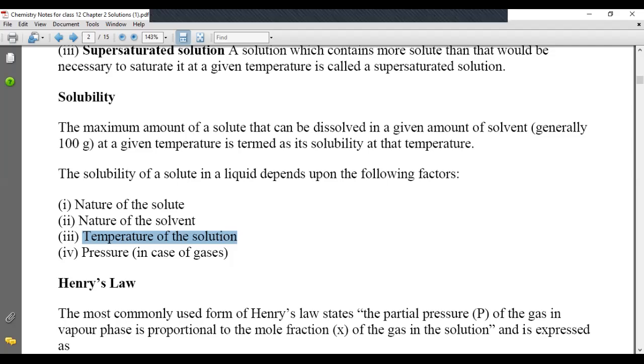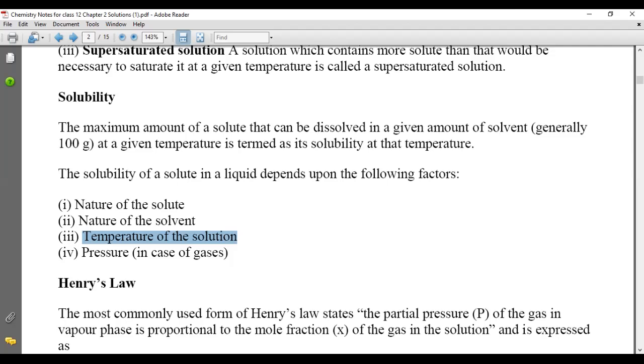Similarly, if the dissolution of the solute in a particular solvent is endothermic, in that case, if you are giving heat from outside, then solubility of this solute increases in accordance with the Le-Chatelier principle. What is the role of temperature in the solubility of a solute is highly important, so you must be aware of this. You have already learned in detail about Le-Chatelier principle in class 11.